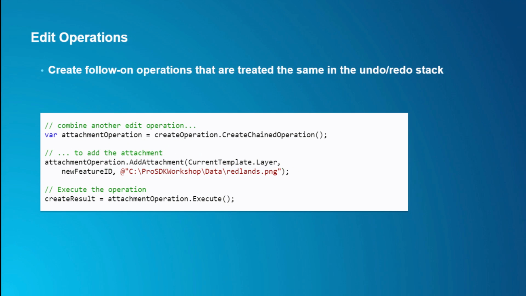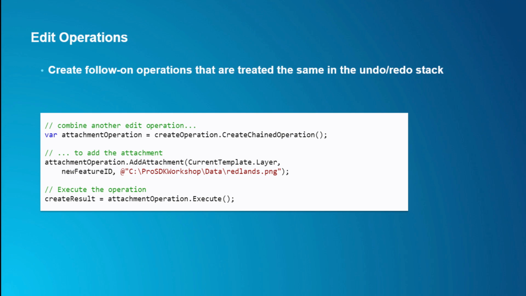You can also chain an operation into your existing edit operation, and this is another way of linking 2 edit operations into a single item on the undo redo stack. Here I've taken my existing create operation, I'm chaining an additional operation, and then I'm using the add attachment method, passing in a layer and an object ID along with a document or a PNG file,